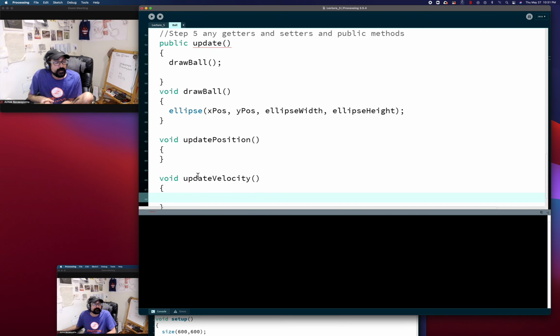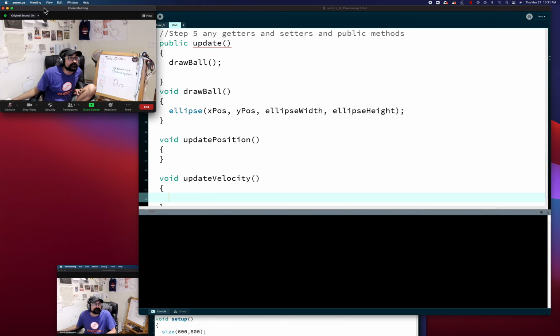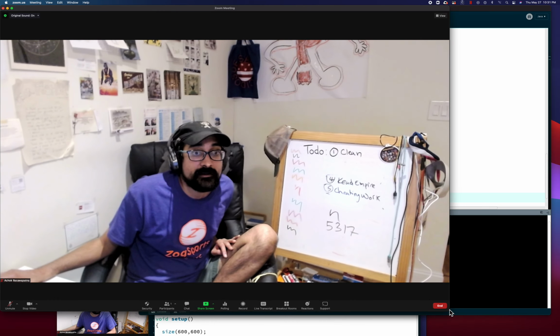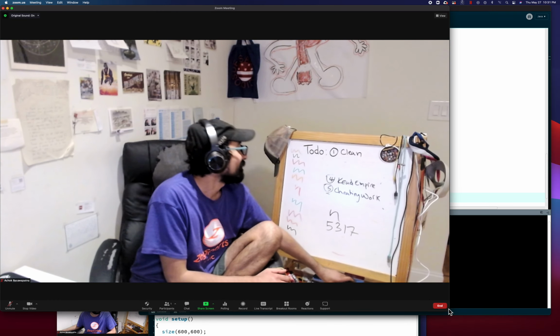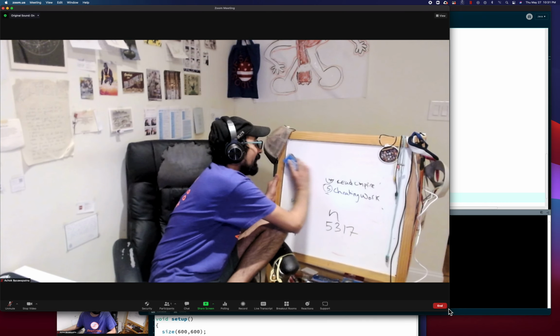And we update velocity by having the ball hit something, when it collides with something. And in our case, we're having it collide with the edge of the wall. This is going to be important to remember. So let's, I wonder if I can do this. Will this work? Yeah. All right. So let's remember